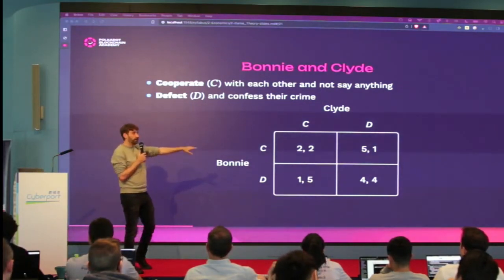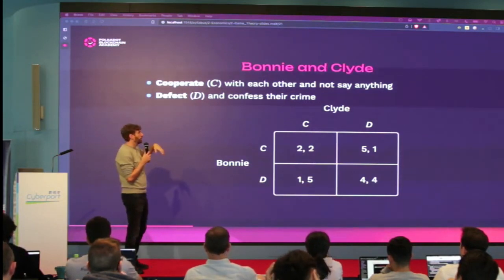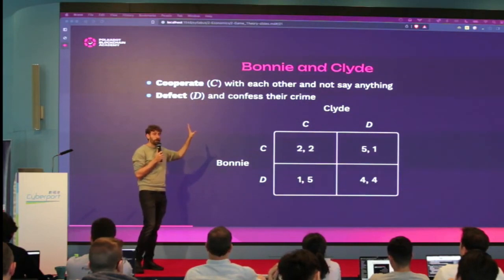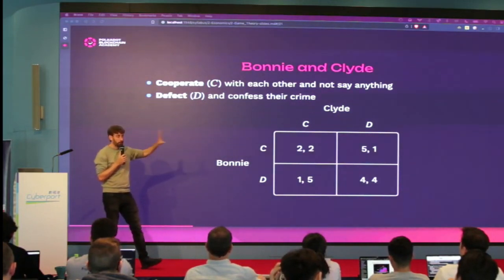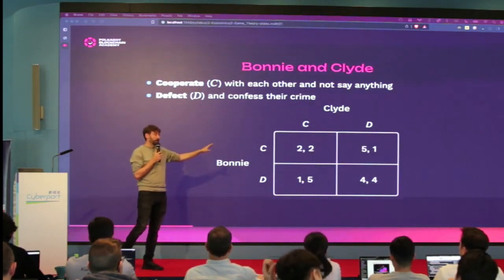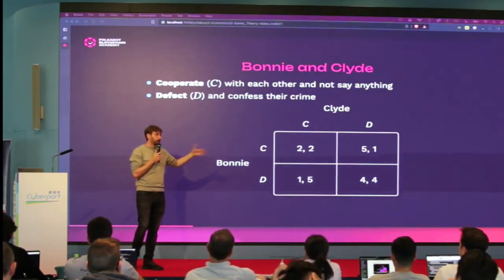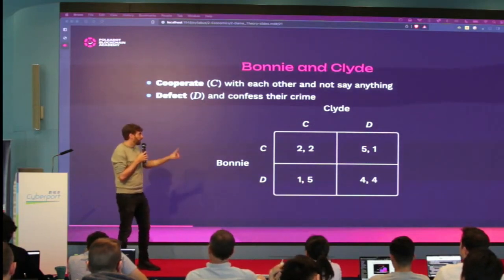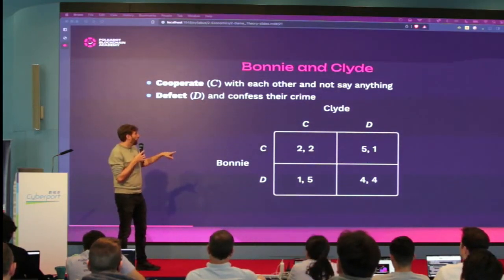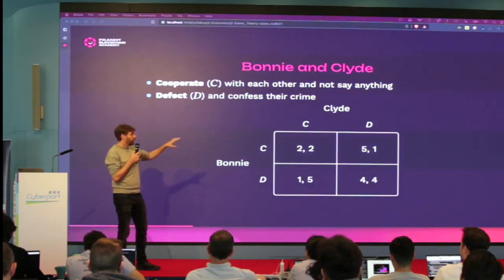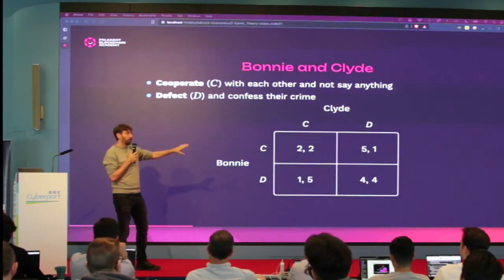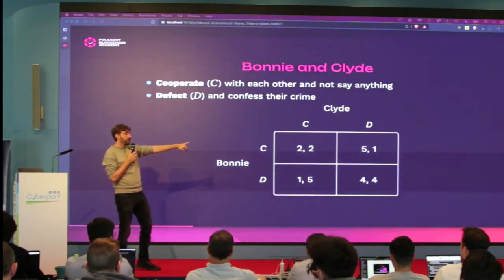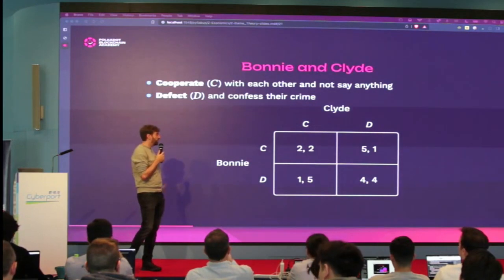So if they both cooperate, if they don't say anything to the police, then both go to jail for 2 years, right? Because as you remember, there's this first overwhelming evidence. They will go to jail, but because they didn't say anything, the police cannot pin the second robbery on them, so they only go to jail for 2 years. Then there's the situation where Bonnie doesn't say anything, and Clyde says, yeah, okay, we did it. Then they reduce the jail time of Clyde because he cooperated to 1 year, and they send Bonnie to